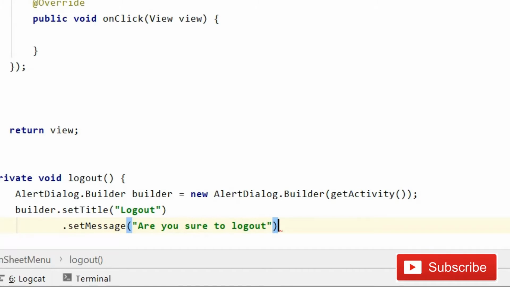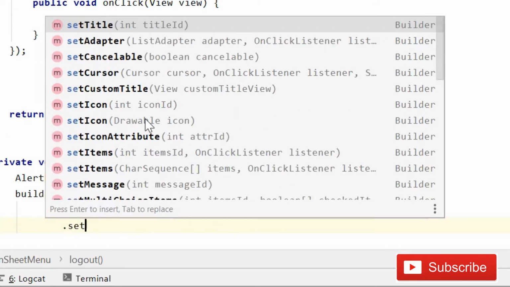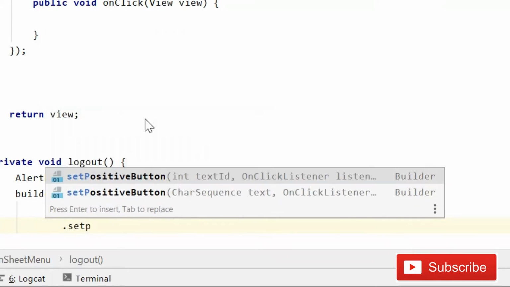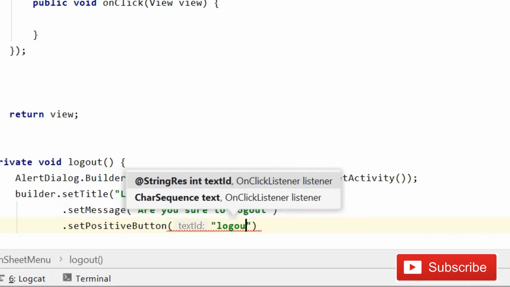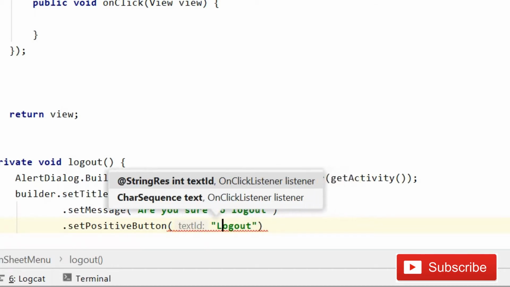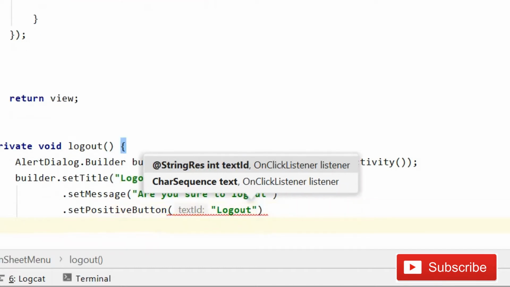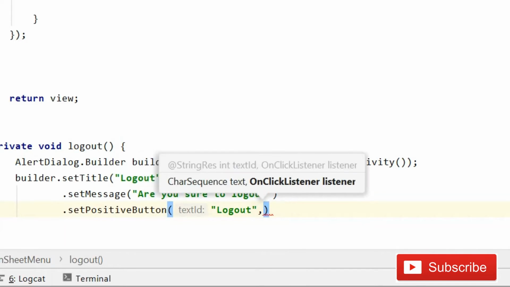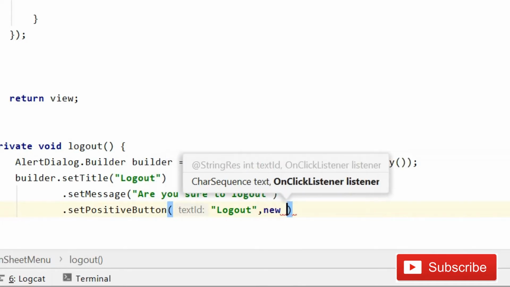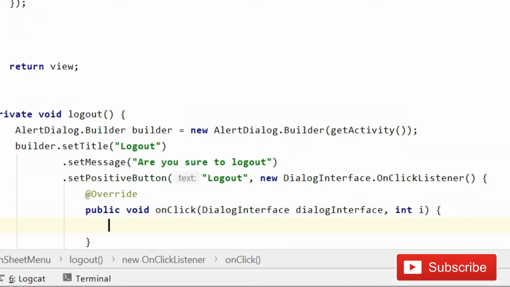fine guys. And then after this we will fix the set positive button. So when the user will click yes, so what we will do, fine, so the text will be log out, and yes, so set positive button is going to be log out, and then after this here comma, and new dialog interface, fine.